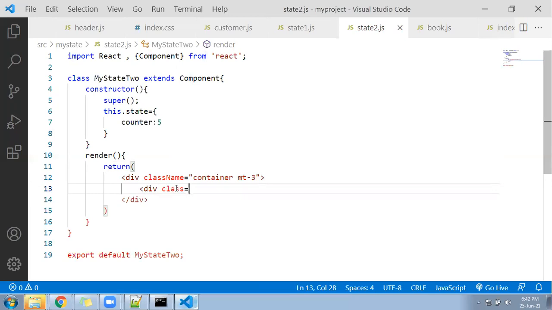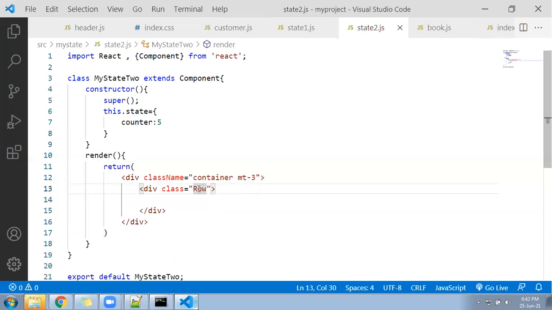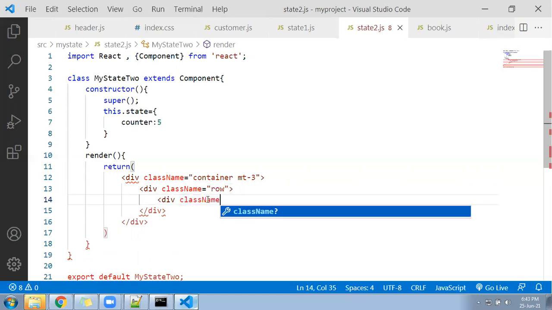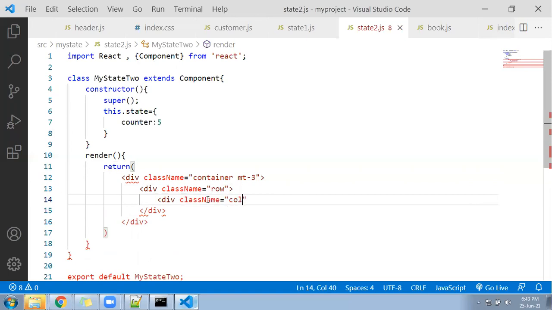Inside the row, create a div again. It should be className, not class, because in JSX the attribute is called className. className equal to col-lg-12 and text-center as well.